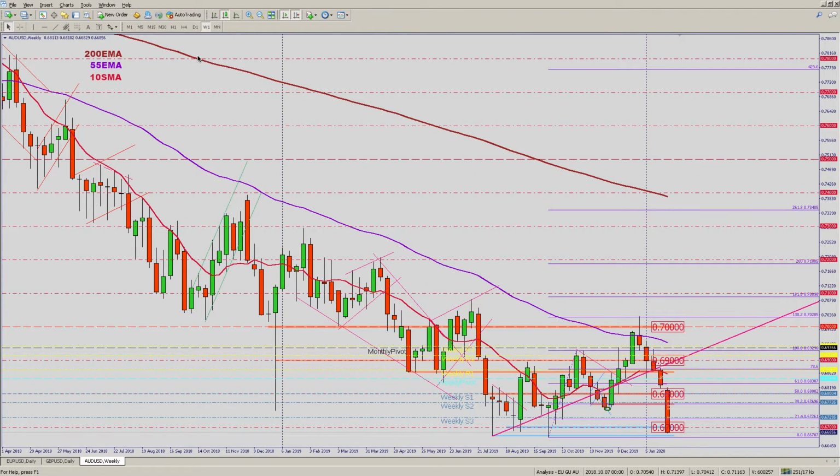So let's just take a look at a weekly time frame, and you can see at the end of last year, where it spiked through the 0.7000 level, it has made all its way down to the 0.6700 level,